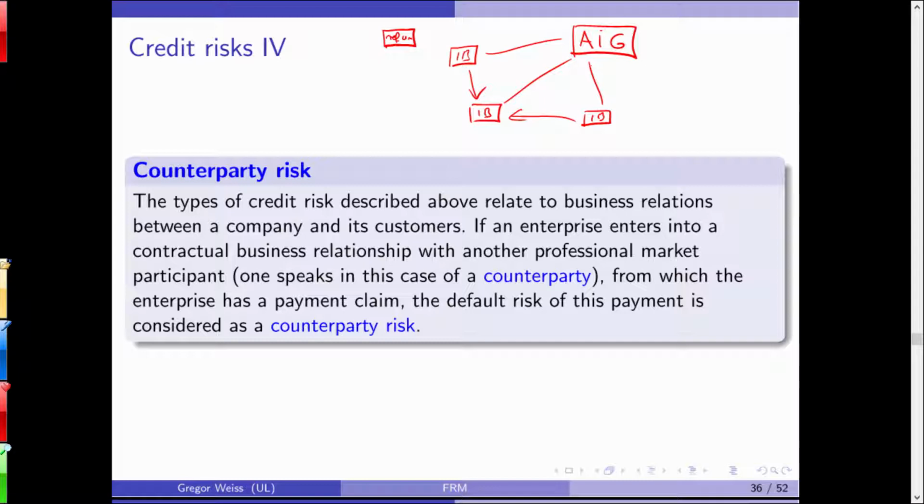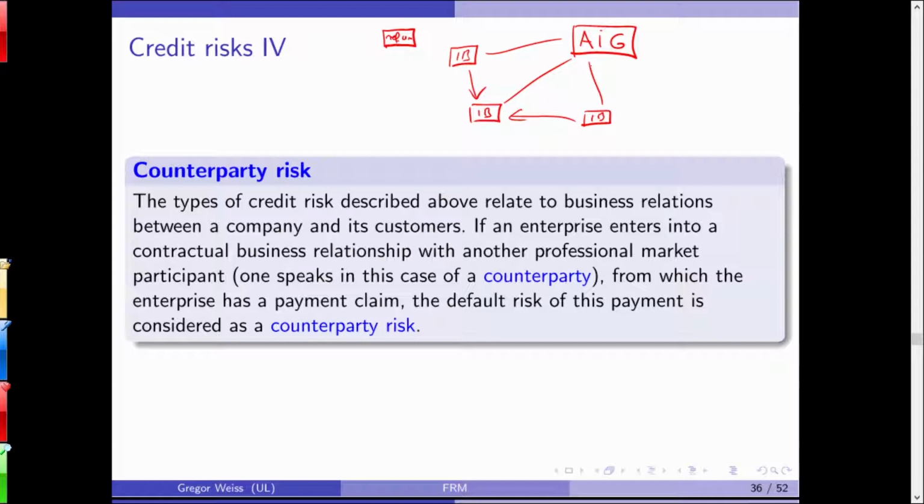It was the first and I would say only time in the history of financial markets that an insurance company had to be bailed out, because usually insurance companies are not systemically relevant. But at this time, as insurance economists usually joke, AIG ceased to be an insurance company, and they were actually a trading company with associated insurance business. They were no longer in the insurance business, but in investment banking. And this is counterparty risk.